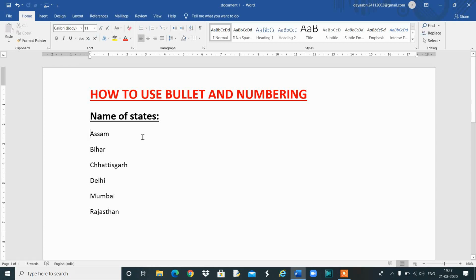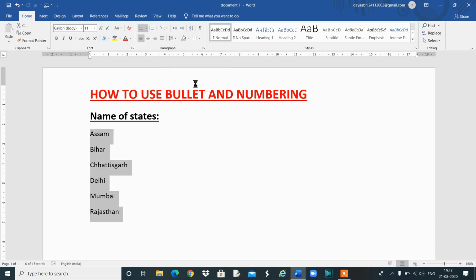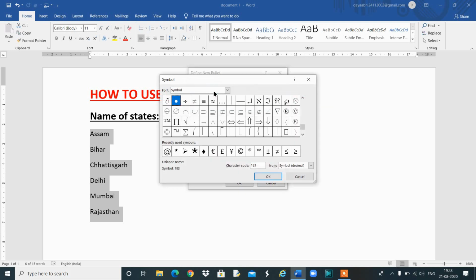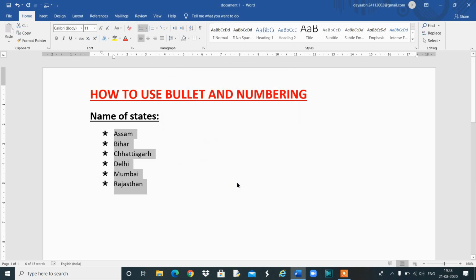Next is bullets and numbering. I will put some bullets so that it looks proper. I will just click on this place and select the text. After the selection, go to the bullet option. You can see that bullet points come. If you want some other options, go to the Define New Bullet button and then click on the Symbol button. For the kind of bullets, we can click on this drop down. You can choose a bullet from here, click on OK and then OK. You can see that it is finished.